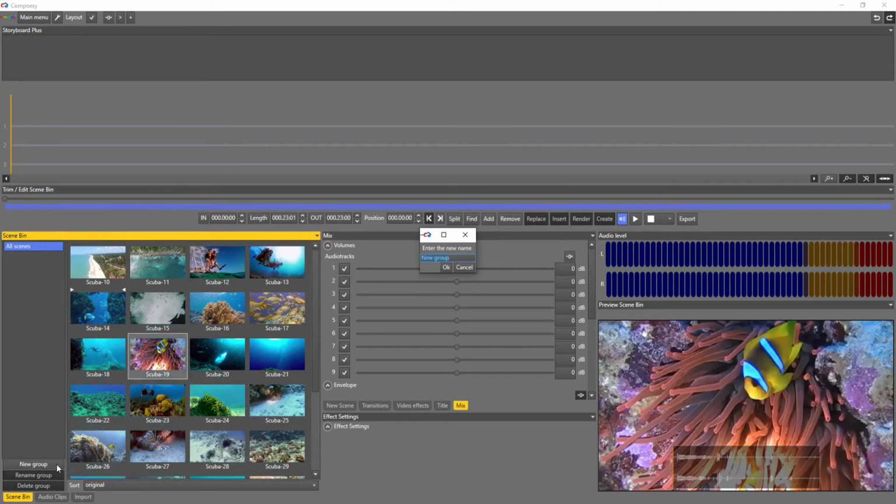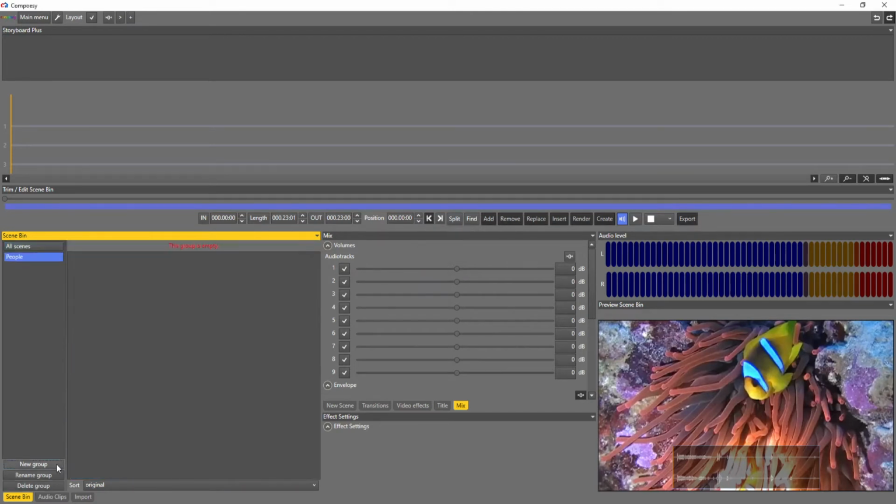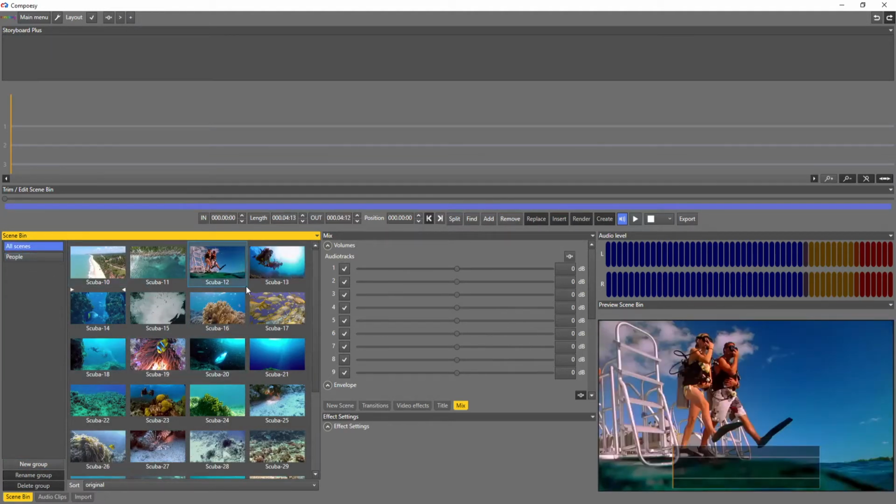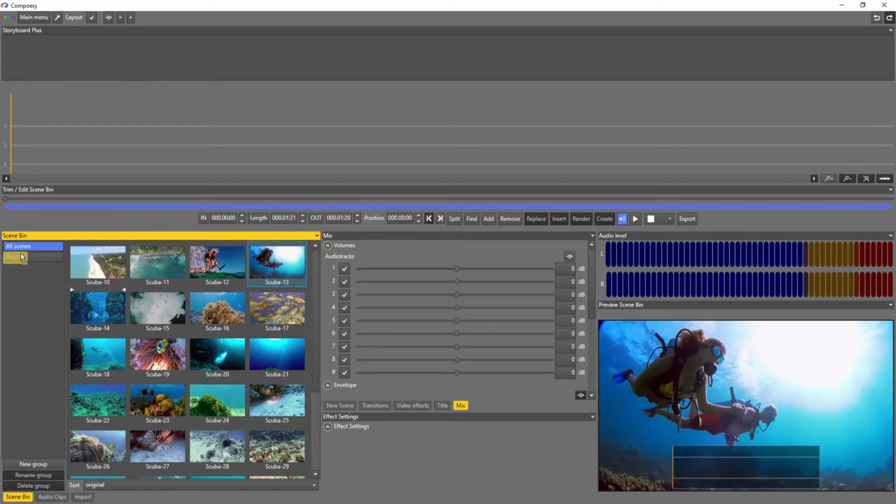We can make a new group for scenes with people in it. Then just drag the scenes into this group.